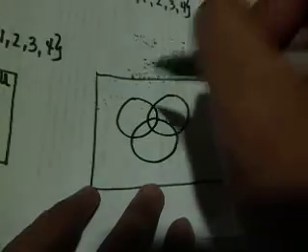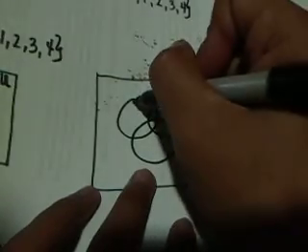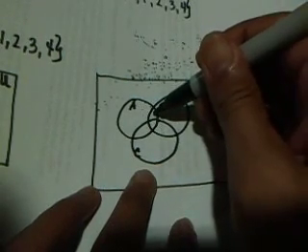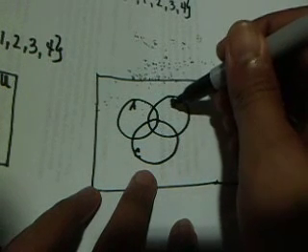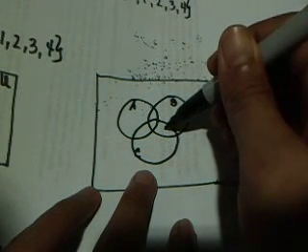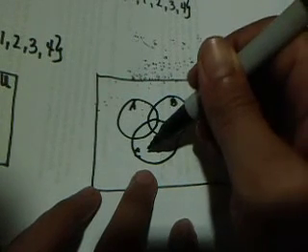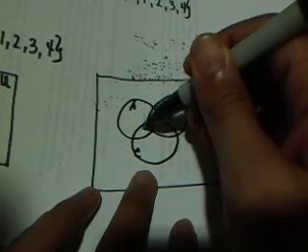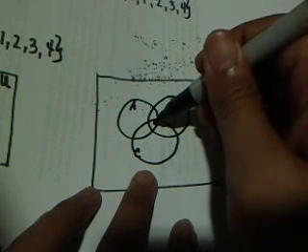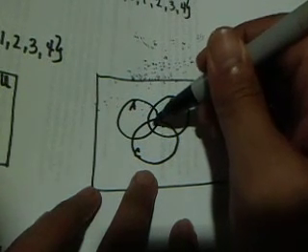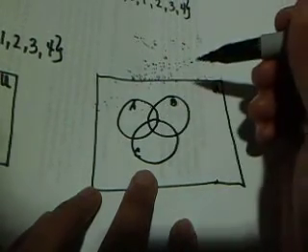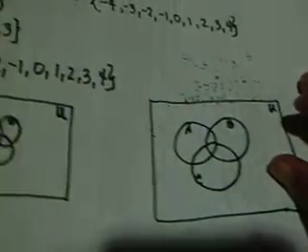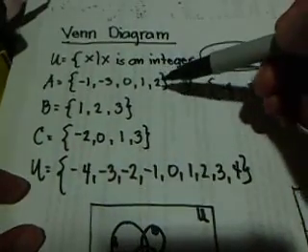Okay, question, why did we make this one? If this is A, this is B, and this is C, the number here that you're going to put is a common element of A and B. This number here is common for B and C. This number here is common for A and C. This number here is common for A, B, and C. What is that number that is common for A, B, and C?